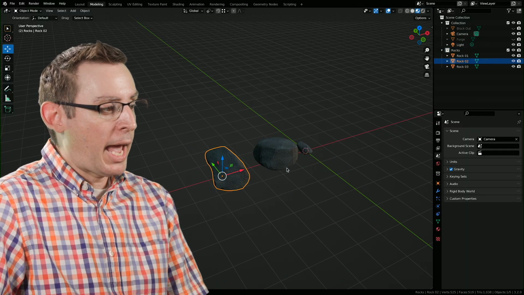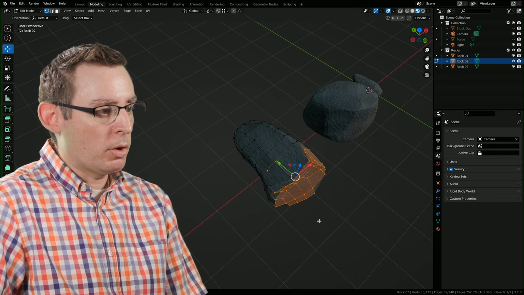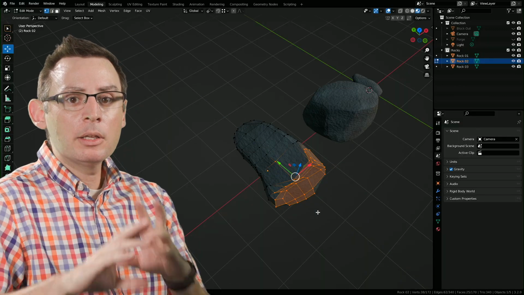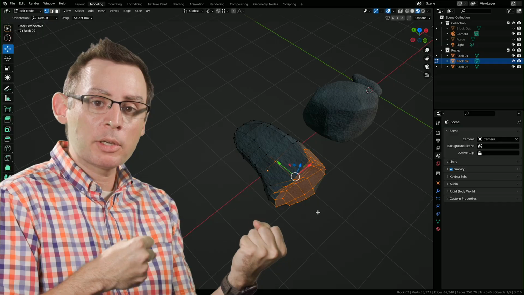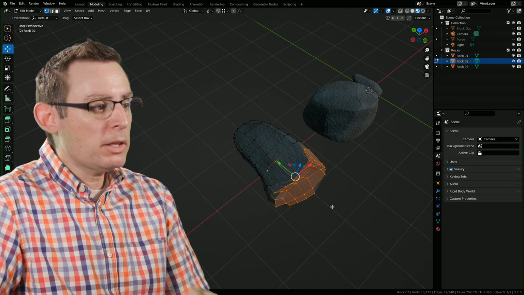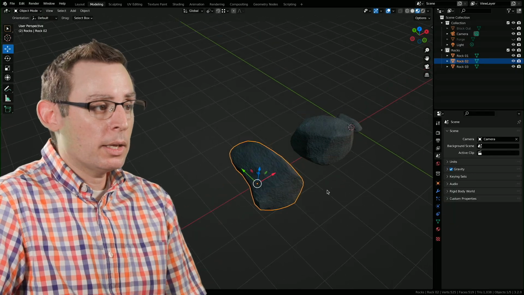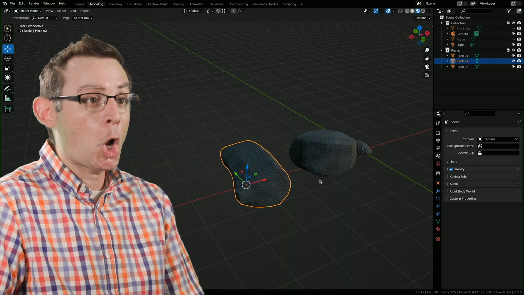I still get access to all of the data that's associated with this object. If I hit tab, I can go and select the geometry and have fun. It really is a wonderful combination of my rocks Blender project file and my blacksmith shop project file, which is pretty cool. However, this is not the only way that we get to combine information from one Blender project file into another. Let me show you an alternate way.